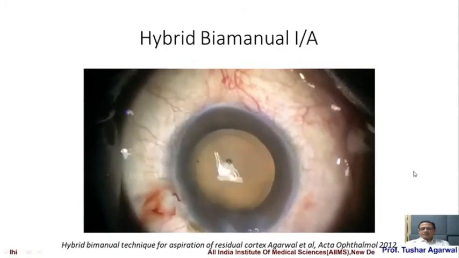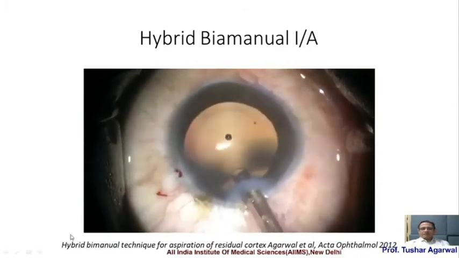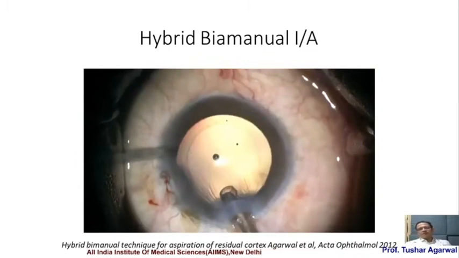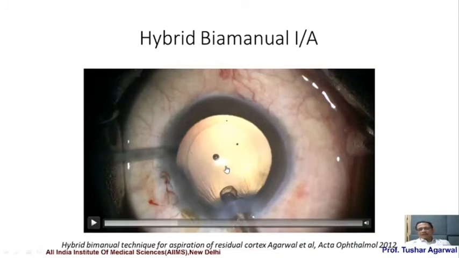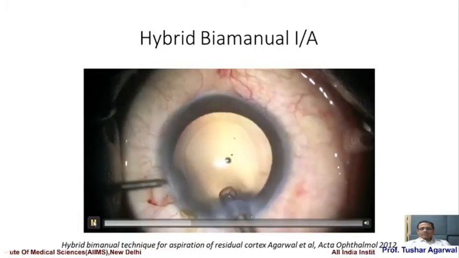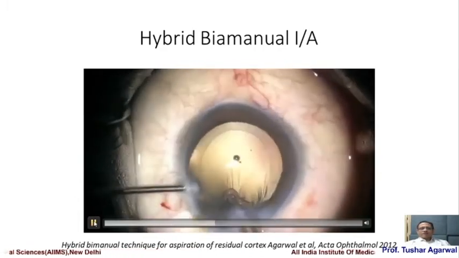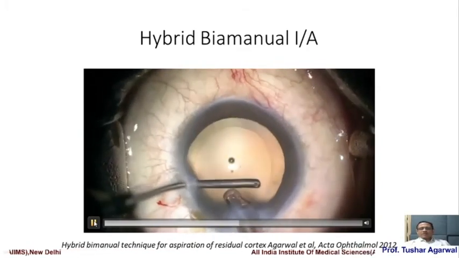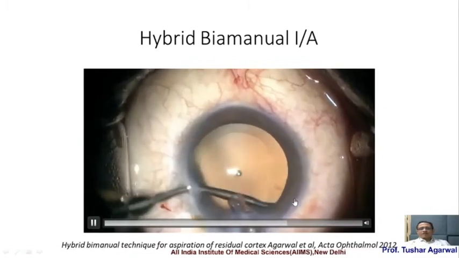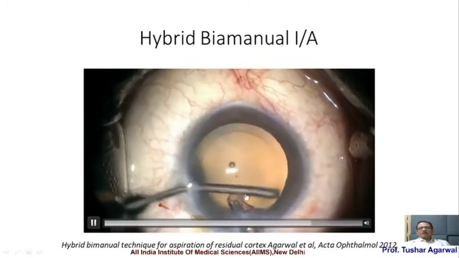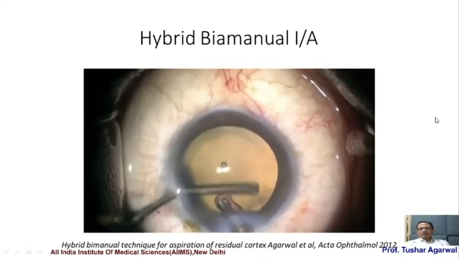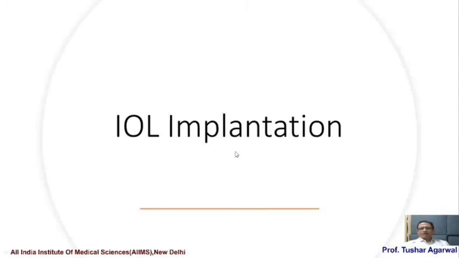So this is the sleeve setup. You introduce this in the anterior chamber. Now you see because you are using the coaxial probe, the fluid is going very nicely. It will keep the anterior chamber very deep compared to the regular bimanual. Then you introduce the aspiration probe of the bimanual system, and then you can go all along to remove any remaining cortical fibers very nicely. You can position this as per your requirement, as per the area which you want to do with the aspiration cannula. So use the hybrid bimanual wherever you want.